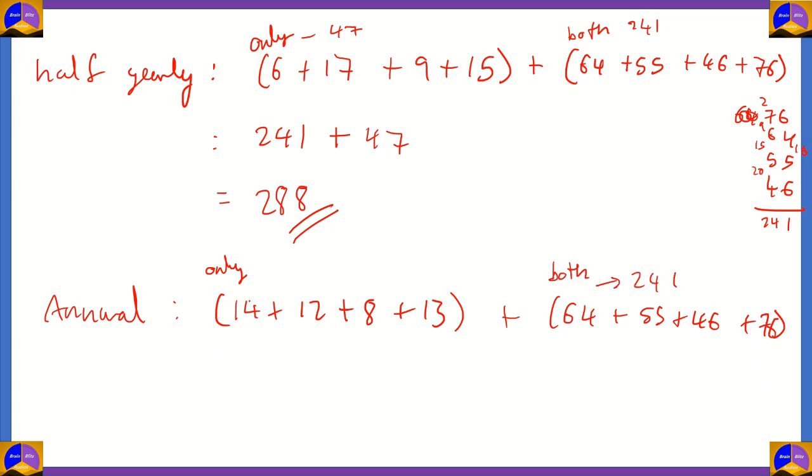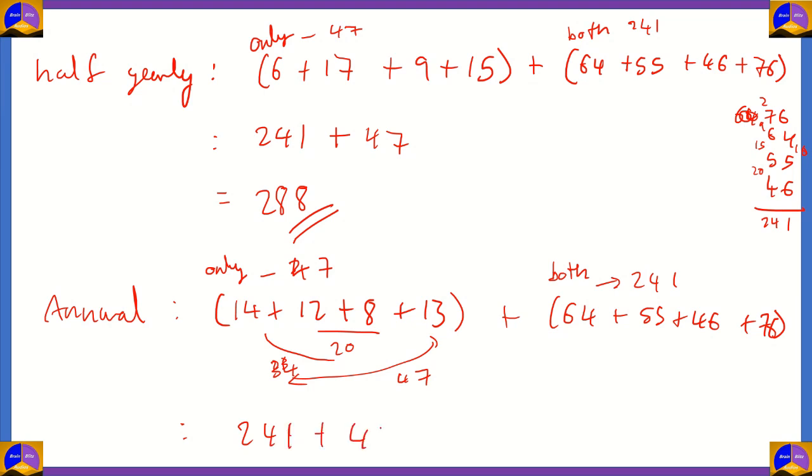If you were to look at this set, 12 plus 8 gives you 20. 20 plus 14 gives you 34. And 34 plus 13 gives you 47. So the number of students who passed the annual examination only is 47, and the number of students who passed both exams is 241. So we now have 241 plus 47, which we have added earlier to get the result